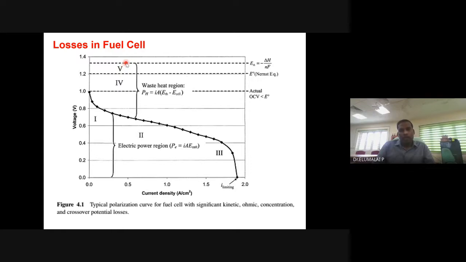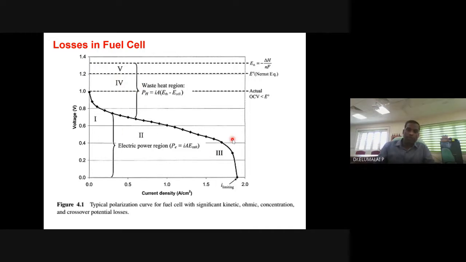So deviation from the thermodynamics is understandable. Using the Gibbs equation, you can get the thermodynamic voltage, but we will never get the thermodynamic voltage practically. Then there is a deviation. That is the thermodynamic deviation. Then what is the actual voltage you can get? You can get it from the Nernst equation. We have seen the Nernst equation in the first semester. Depending on the concentration of the reactant and oxidant, you get a cell voltage. So the cell voltage is not the theoretical cell voltage. It depends on the actual concentration of the fuel and oxidant. That is the deviation from the Nernst equation.